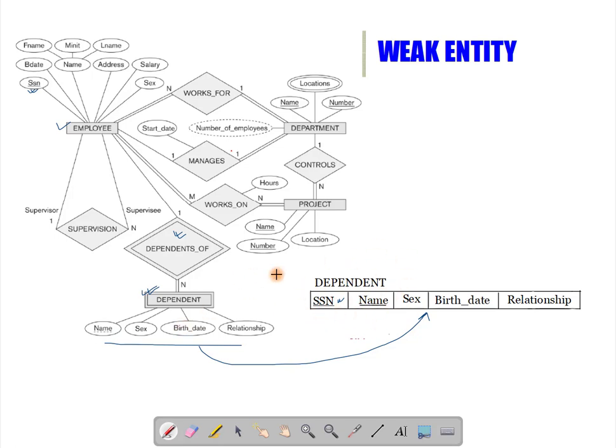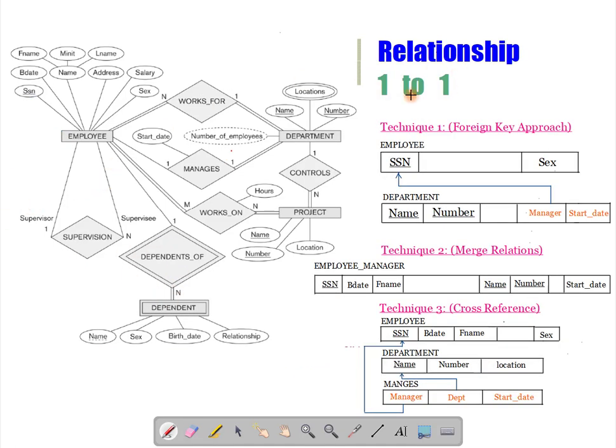So this is how you can convert the weak entities. The second step is to convert the weak entities in the ER diagram. Then you have to convert the relationships.